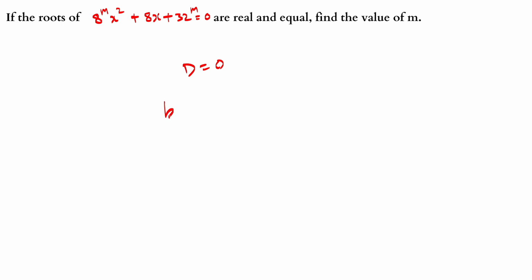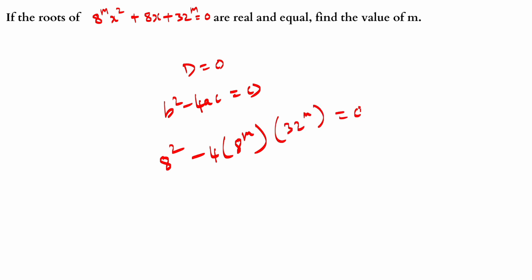What is D? D is b square minus 4ac. This will be equal to 0. So what is b here? B is 8 square, the coefficient of x. So 8 square minus 4 into 8 power m. What is c? C is 32 power m. This will be equal to 0. If we further solve this, we will get,